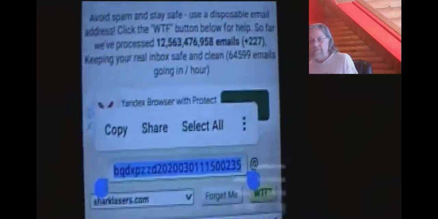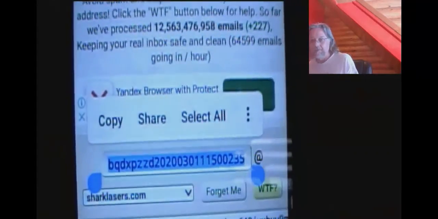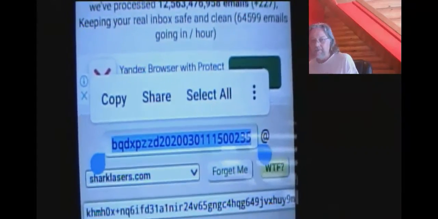So Darren Phone is now going to grab this whole piece here. Let me highlight it first. You see what I've done now? I've highlighted that whole piece, right? Actually, what I want to do is